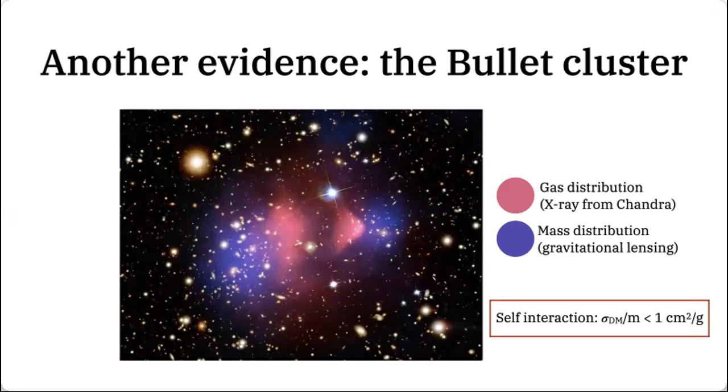So from this observation, we can constrain the self-interaction cross section, or sigma over m. Basically, we are constraining n sigma, but then the number density, if you know the distribution of mass in the cluster, is basically a proxy for 1 over mass. So in terms of fundamental properties, we can constrain sigma over m to be less than 1 centimeter squared per gram. So those are the astrophysical evidence of dark matter.